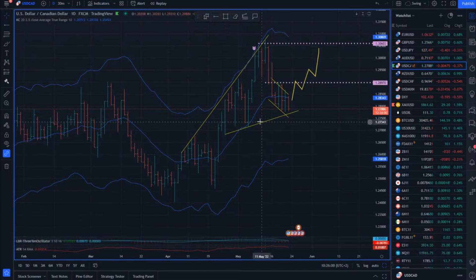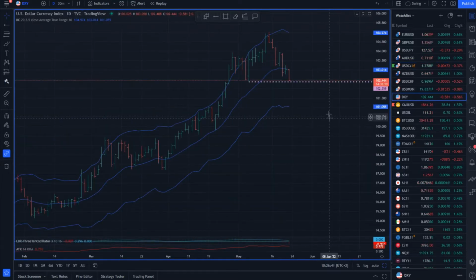So we must say that as long as USD Canadian dollar is trading above this 1.2700 mark, from my perspective, as long as we don't take lows here from May 5th and April 29th, we still have more odds for the upside movement and rotation up to the 1.2900 mark, and then eventually towards the 1.3050. So from my perspective, watch for buying opportunities, watch for some signs of the bottoming process on intraday, and then watch for buying opportunities with the first upside objective at the 1.2900 mark.